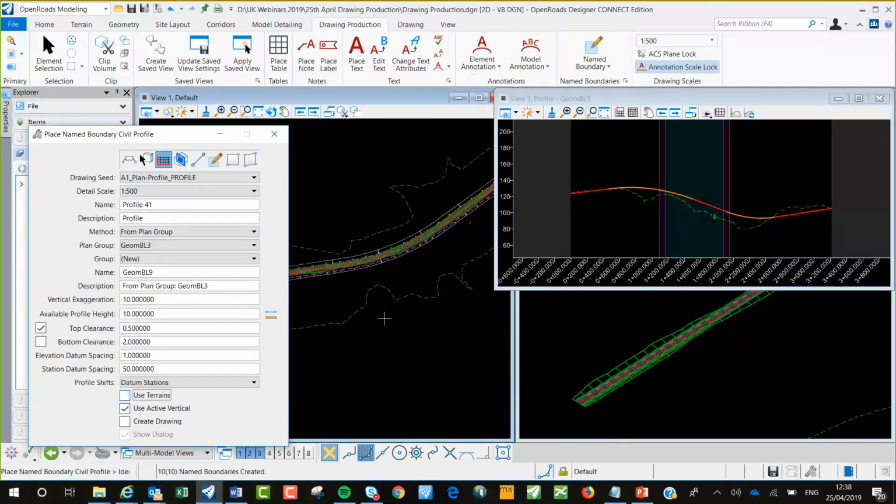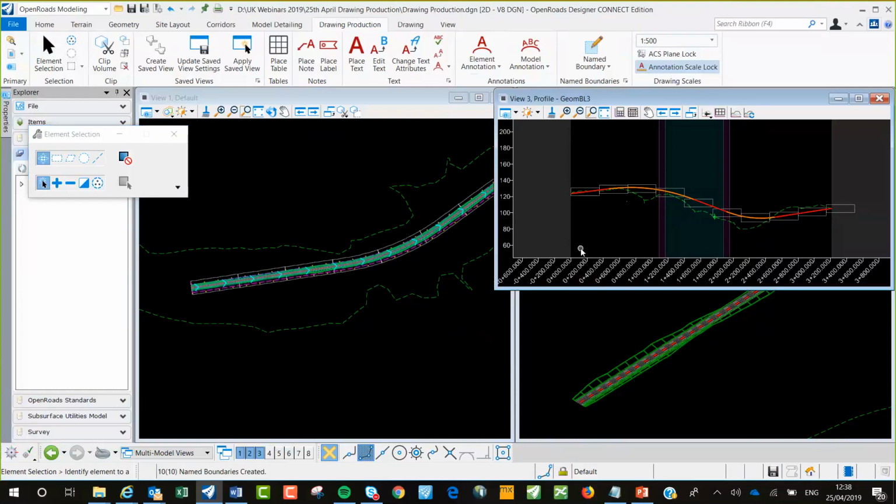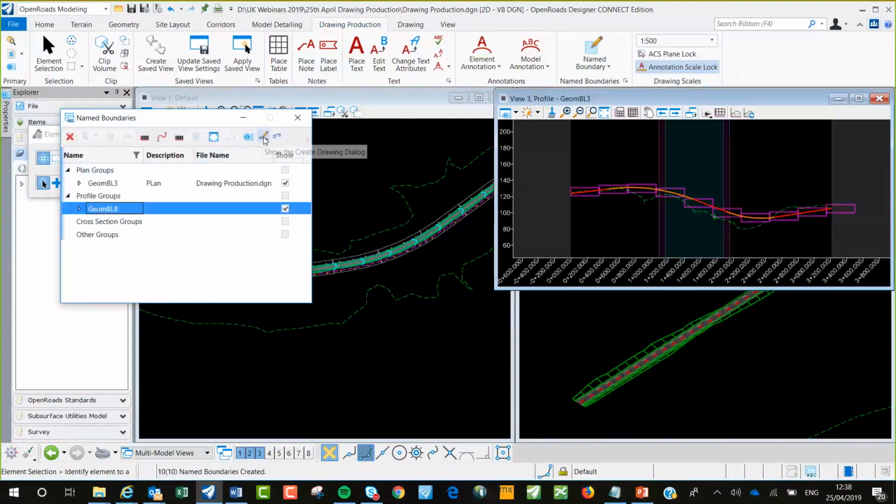I'm going to uncheck use terrains and pick up profile, and I'm going to do not shift. We don't want to shift it in this case because we want to match up our plan and our profile, and there's no overlap either. I didn't put an overlap in. So simply click on that to create our named views, named boundaries, and again go through the same process. We have plan profile group, we have a plan group and a profile group, and you'd simply show the create